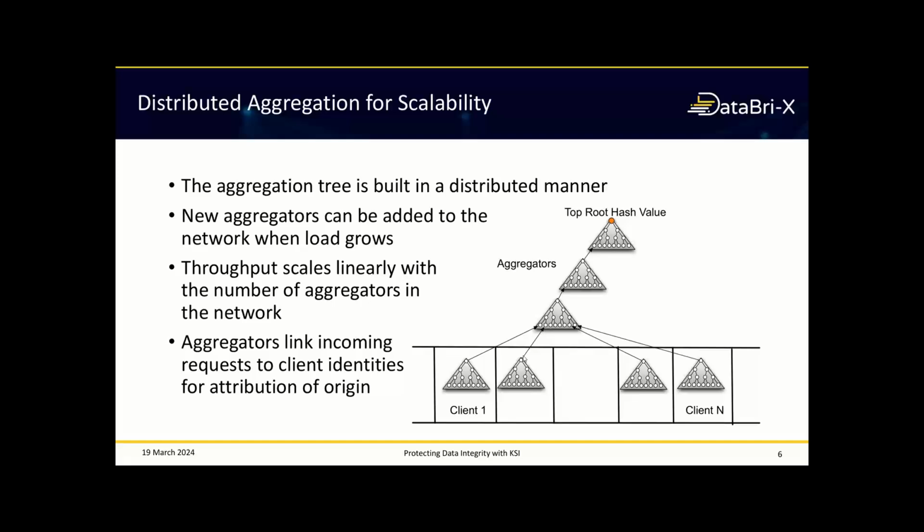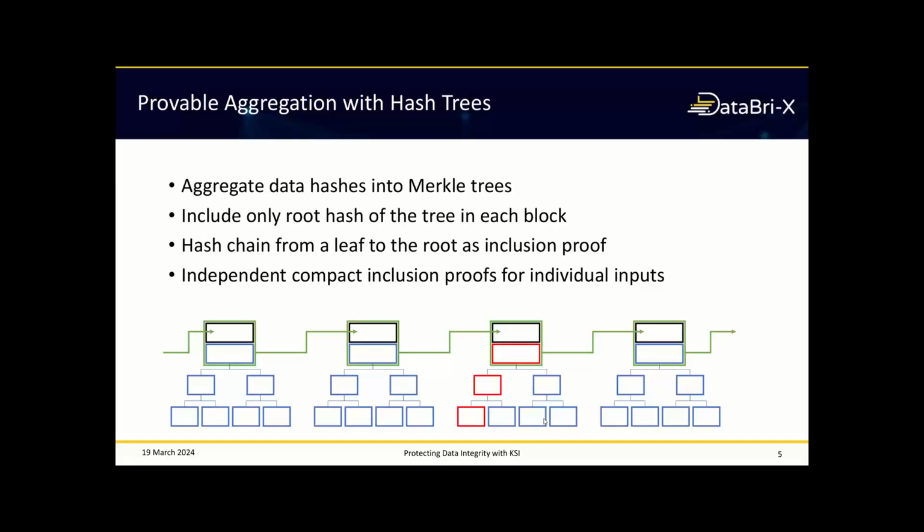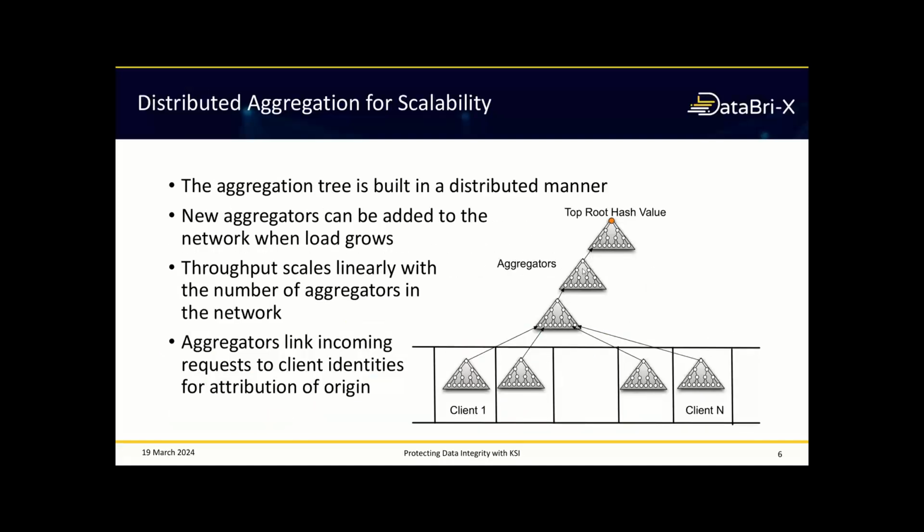Now, to make this service even more scalable, what KSI does, and this is in fact an innovation by Guardtime in this space with our KSI product, is that this aggregation tree that collects the inputs from clients, the inputs may be from different clients, and aggregates them into a hash tree, this process is distributed among many servers, so we are not limited by how many requests in one round one server can process. And this is done by splitting the tree into layers. So normally, if we assume that one server can collect, let's say, eight inputs and produce a small hash tree of 3 layers from those inputs,